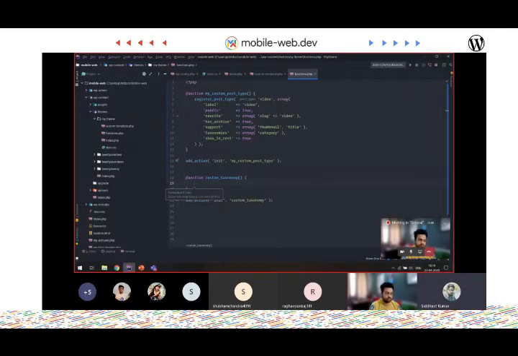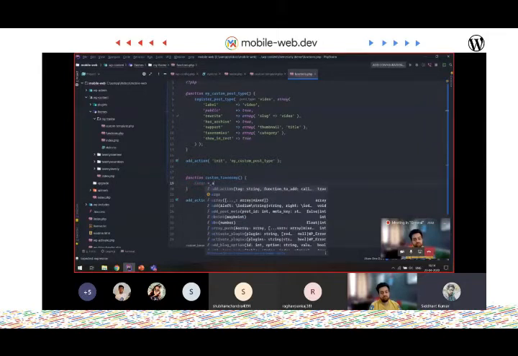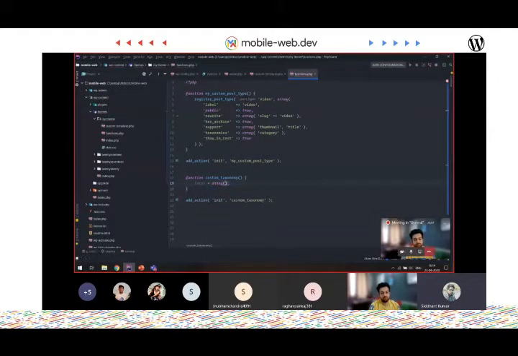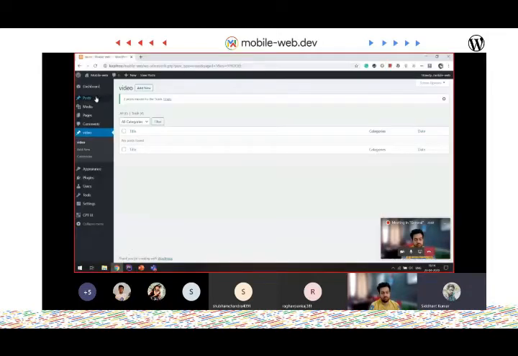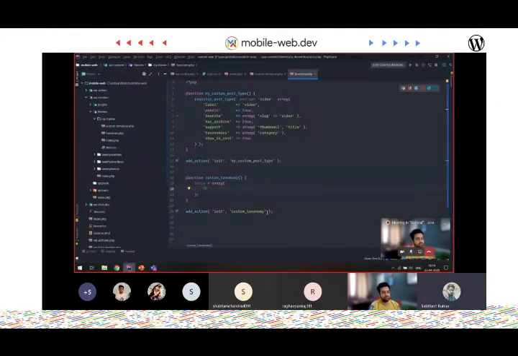And after that, you need an array of arguments. Define a variable or array for the custom taxonomies, and give it a label. So it will be the name you see for your custom taxonomy in the admin panel here, like categories is showing. So it's a label, and give it a key value. Here, give it a name like prof.